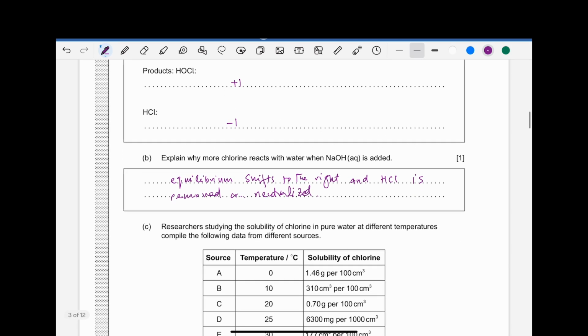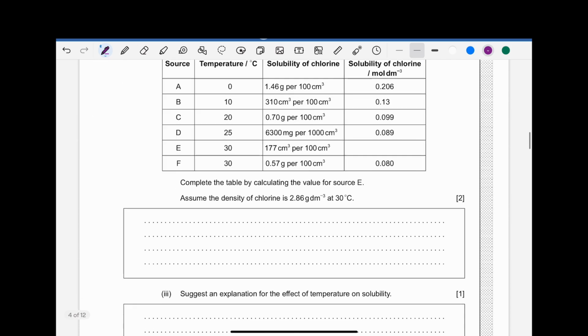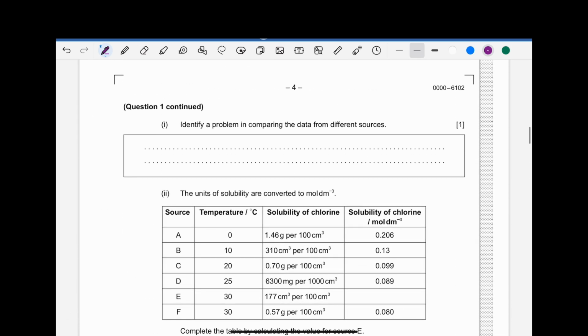Okay, C. Researchers studying the solubility of chlorine in pure water at different temperatures compile the following data from different sources. 1. Identify a problem in comparing the data from different sources. Data from different sources means we don't know what equipment they have used, what their precision is, or what the control variables are. So we can write down, maybe they use different units,